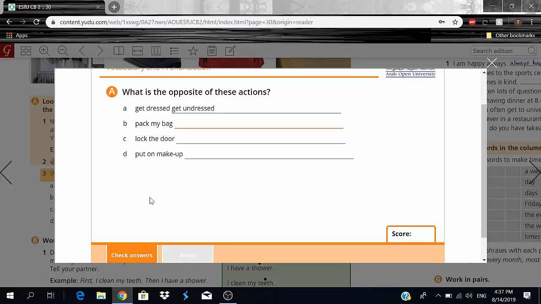Look at this. I'm going to say unpack my bag. Okay? So unpack my bag is the opposite of pack my bag. Let me actually put this in capital. Get undressed. Okay? And unpack my bag. Okay? Pretty simple stuff, you guys. Then we have lock the door. What are we going to say? That's correct. I'm going to say unlock